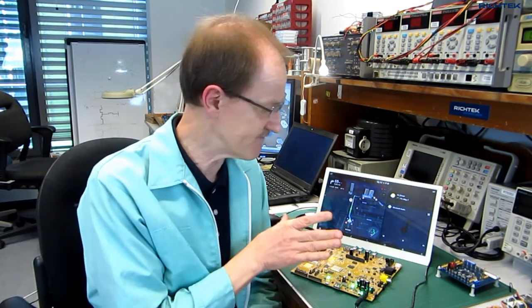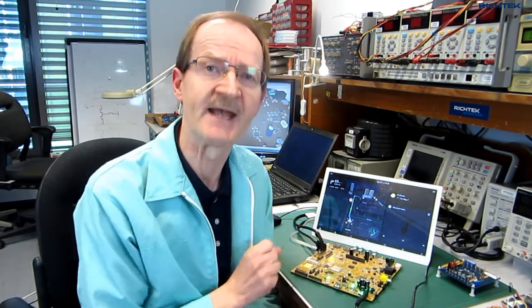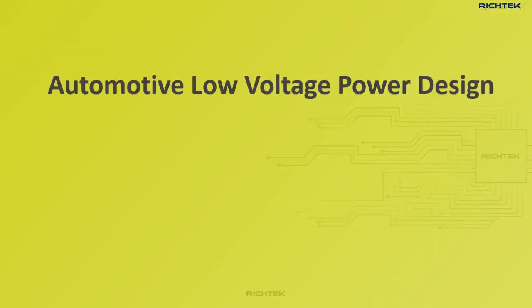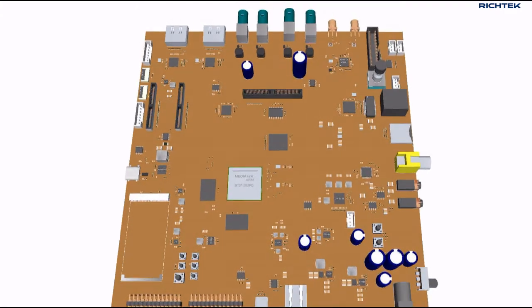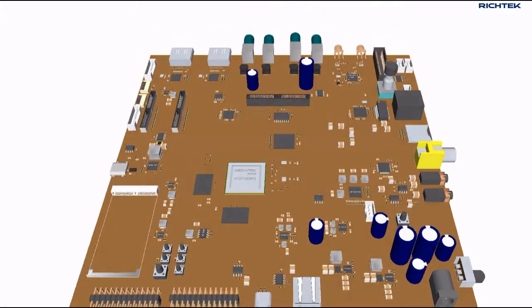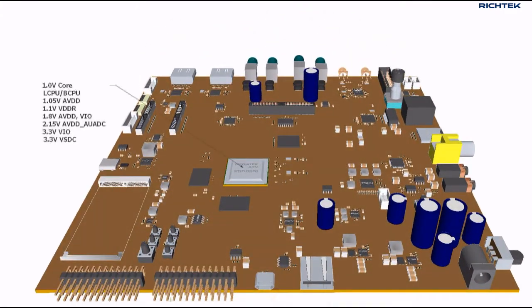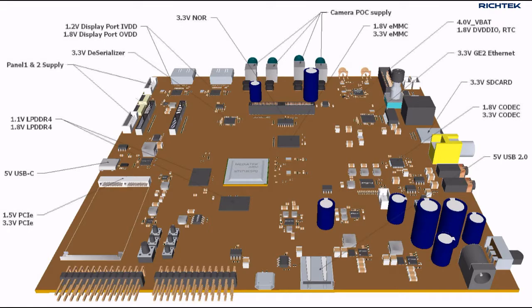Hello everyone! In this video I will explain the design of the multiple voltage rails and power sequence of this MediaTek car infotainment evaluation board. Many devices on the MT2712 board need specific voltages. The MT2712 SoC itself already needs at least 8 different voltage rails, and the rest of the devices also need